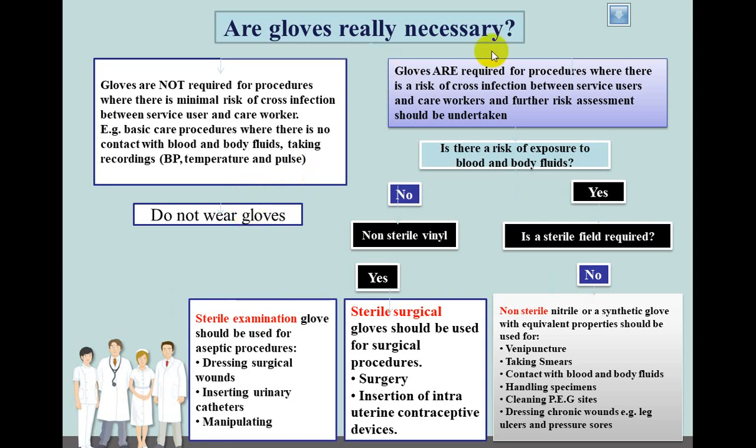Okay. In the second box, gloves are required for procedures when there is a risk of cross infection between service users and care workers, and further risk assessment should be undertaken. Is there a risk of exposure to blood and body fluids? If no, non-sterile vinyl gloves are used. If yes,